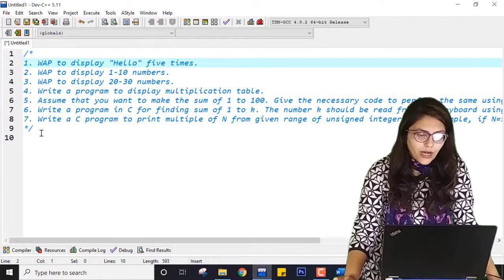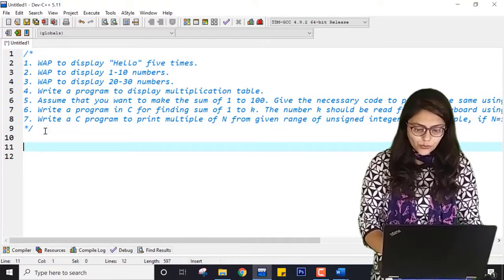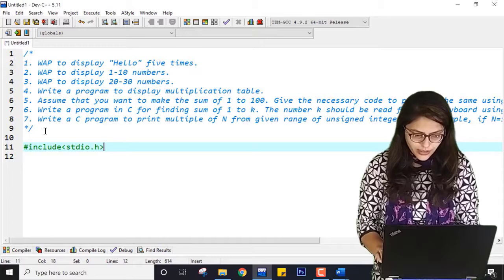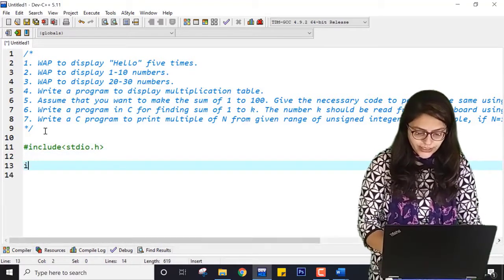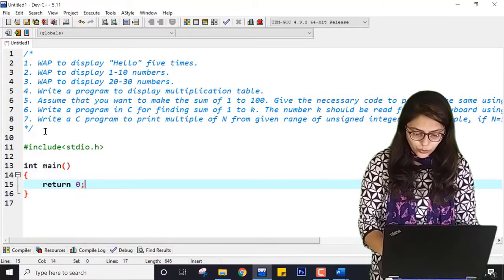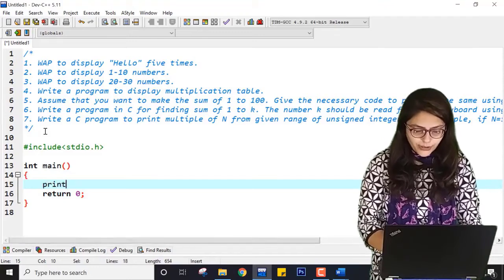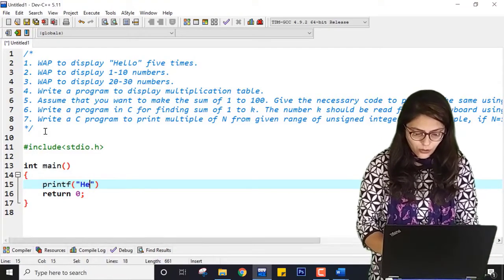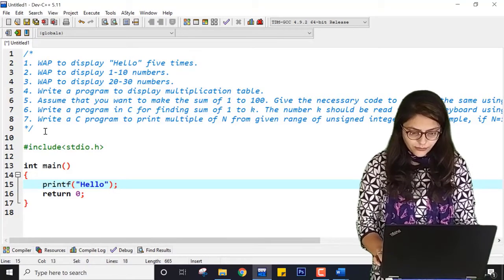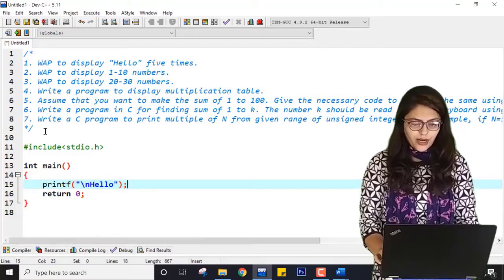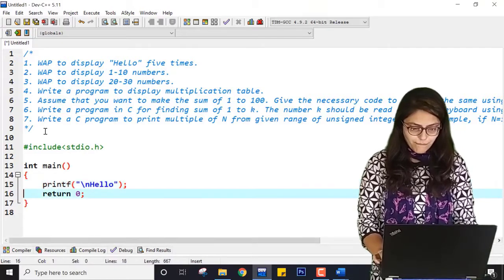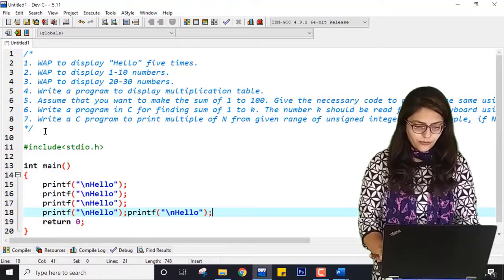First practical is: write a program to display hello 5 times. So I have already demonstrated that, stdio.h. Why do you need loops? You need loops because we want to eliminate the extra code and effort of typing, right? So if I'm telling you to print hello 5 times, you can write hello this way 5 times, right? You can write it 5 times, say \n, and here one, 2, 3, 4, 5.